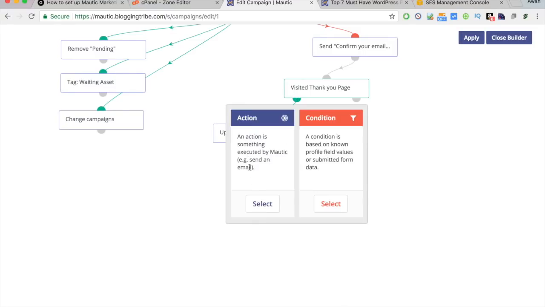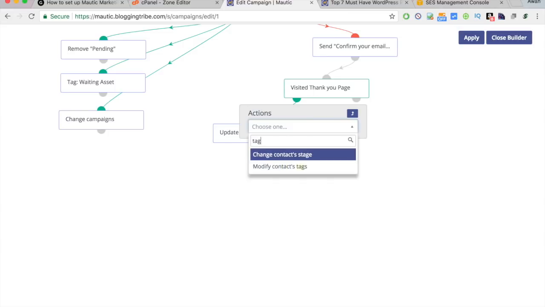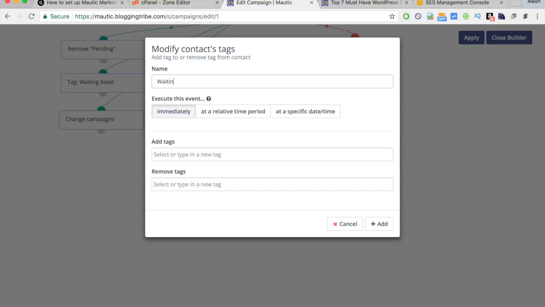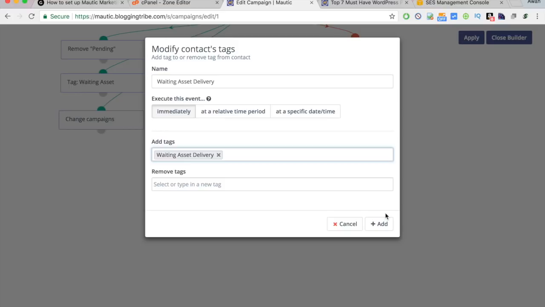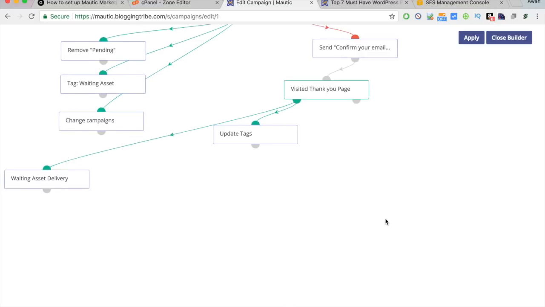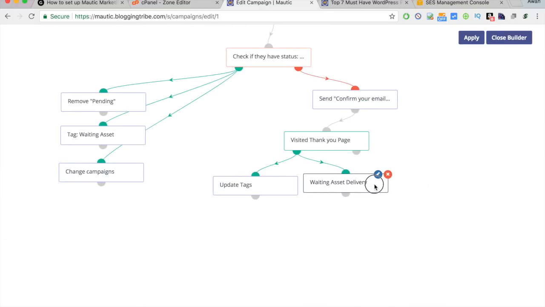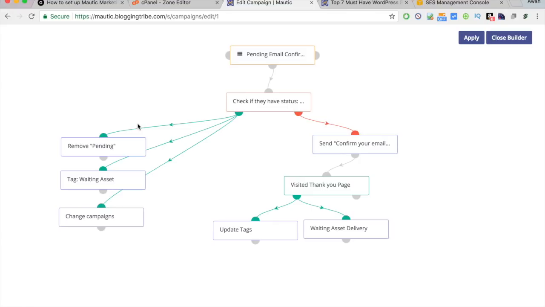The second is we will also tag them with waiting asset delivery. So here we'll say waiting asset delivery, so that our asset delivery campaign can also take care of them as well. See, so just like this, we have created a complete campaign that literally takes decisions based on if a subscriber or a contact or a lead does a specific thing. You see,